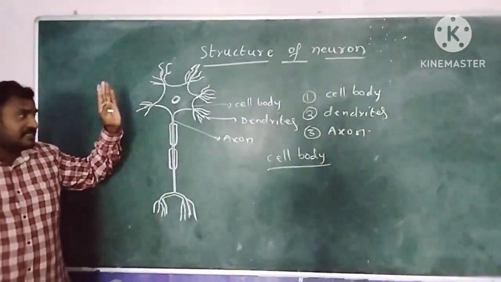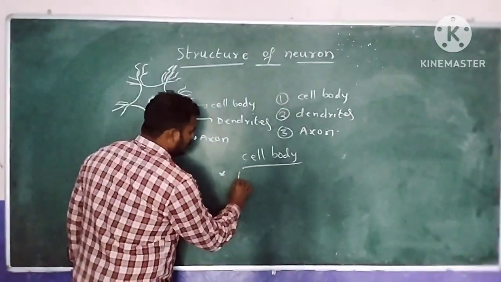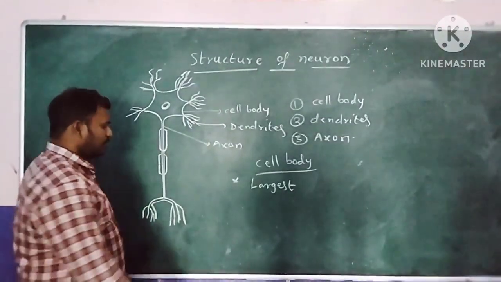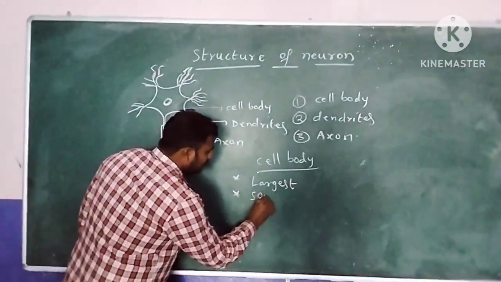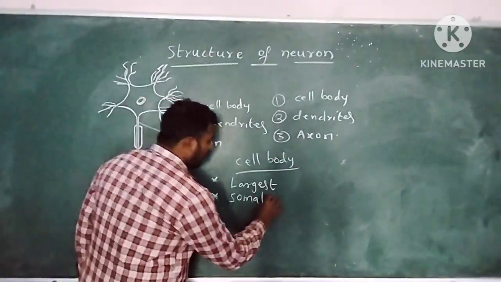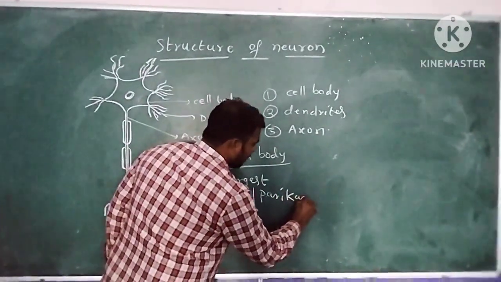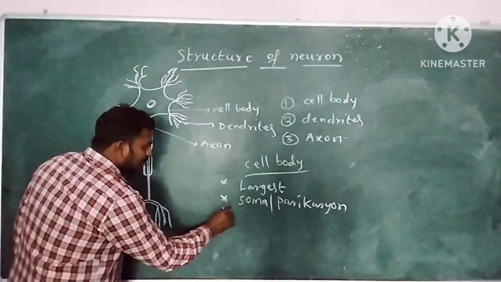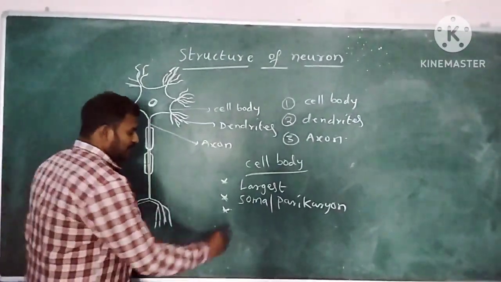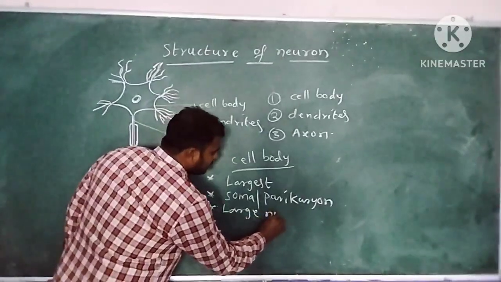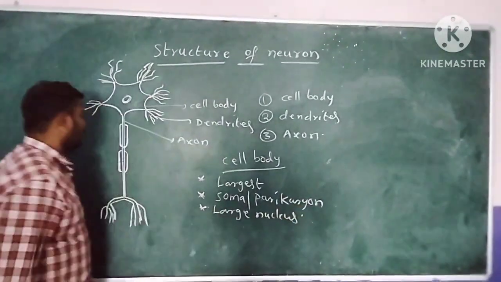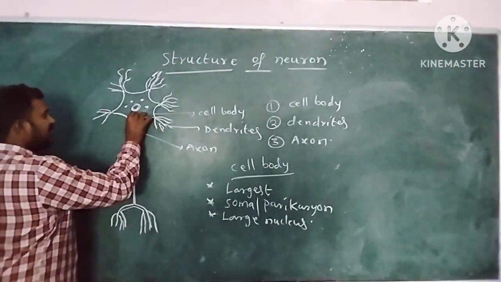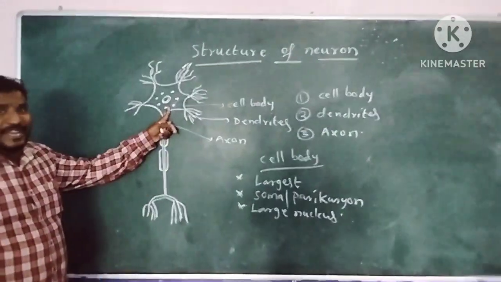The cell body is the largest structure of the neuron. The cell body is also known as soma or perikaryon, and it has a large nucleus at its center. Around the nucleus some structures are present, and these structures are the representatives of